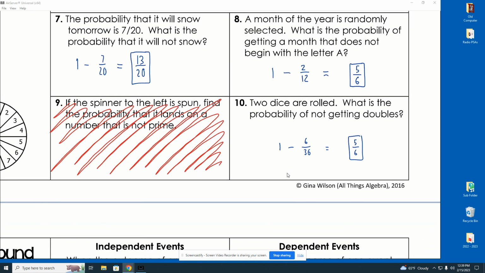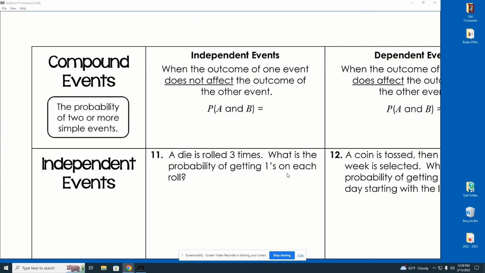Okay. Simple events, what did I say to focus on? Single, 1. Compound events, we're thinking about multiple events. And here's what I want you to remember. Multiple events, you multiply events. You think you can remember that? When I am doing multiple things, multiple probabilities, you've got to multiply those probabilities. Multiplying probabilities make it a lot less likely for it to occur, right?